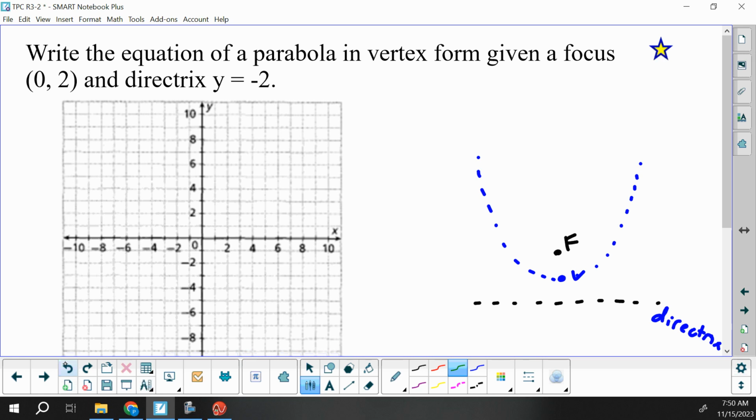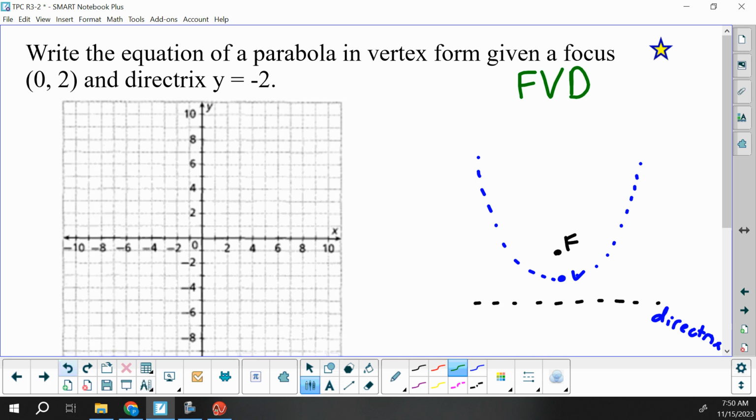The key thing that we need to recognize is that notice our vertex falls exactly in between the focus and directrix. So I like to show that by the letters F, V, D, showing the vertex is in between the focus